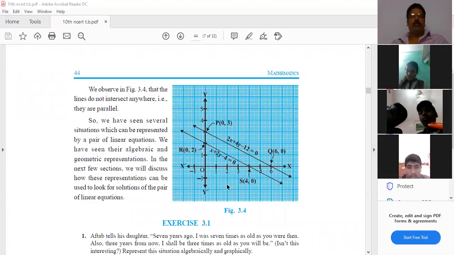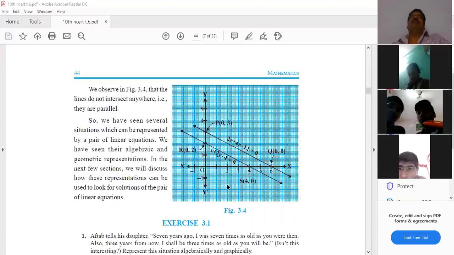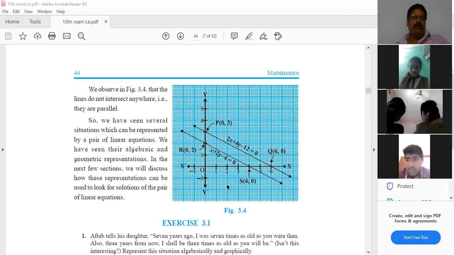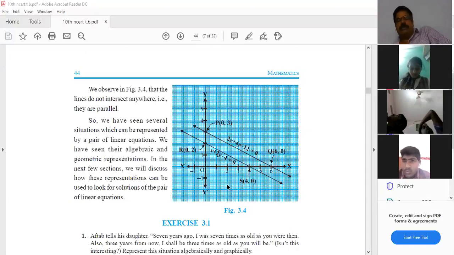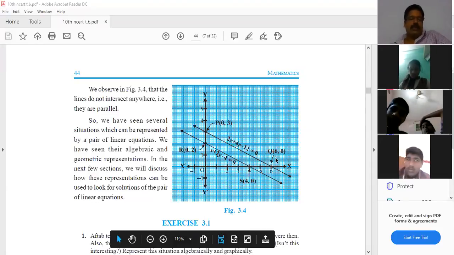Now we have exercise 3.1, in which there are word problems. You just have to represent them algebraically and graphically. No need to solve, just convert them into a pair of linear equations. The first question I am reading: Aftab tells his daughter, 7 years ago, I was 7 times as old as you,